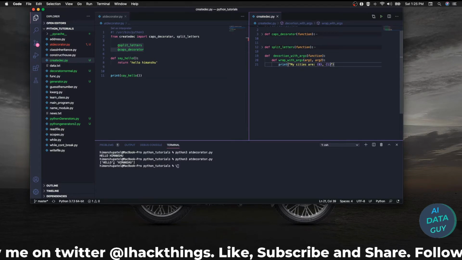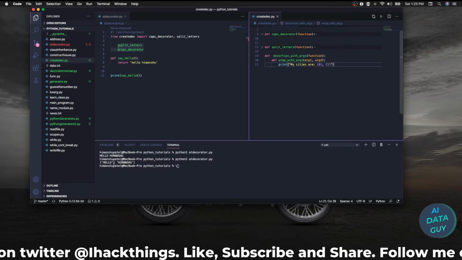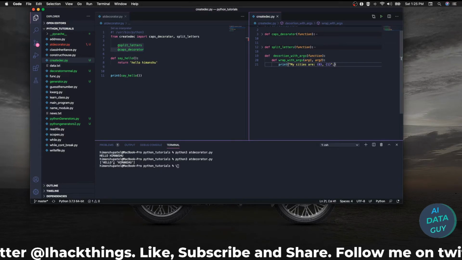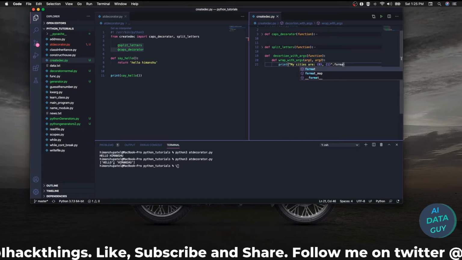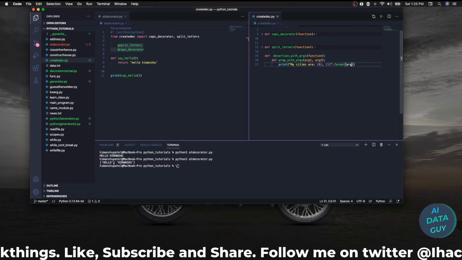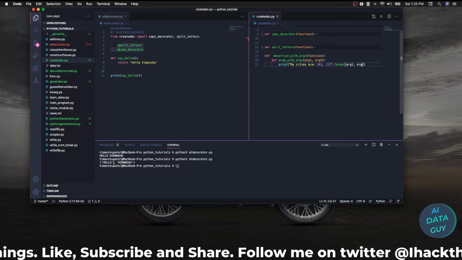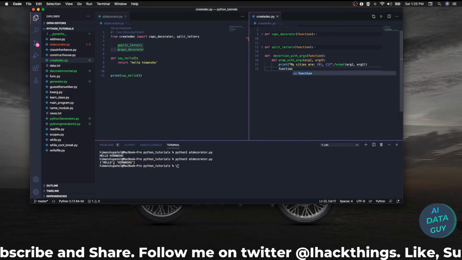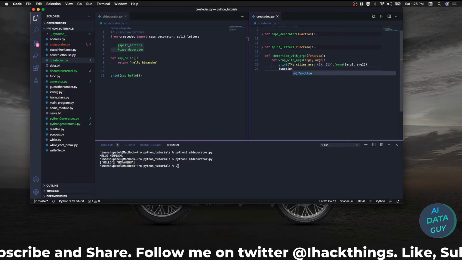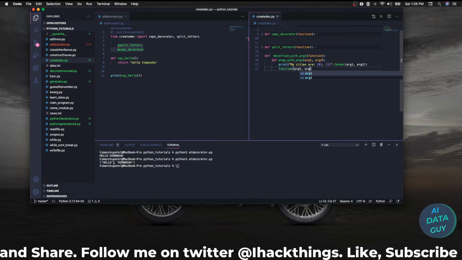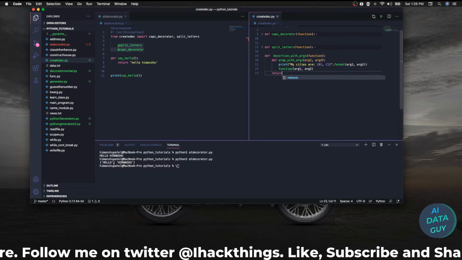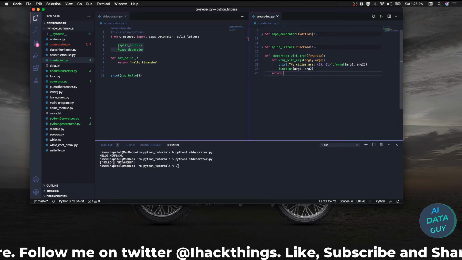So these are the two arguments, argument 0 and 1, and arg1 and arg2 we have defined here, and then dot format, and I will define here arg1 and arg2. And then we will say function is that, and then we will say arg1 and arg2. Does that make sense? And then we will say return wrapper